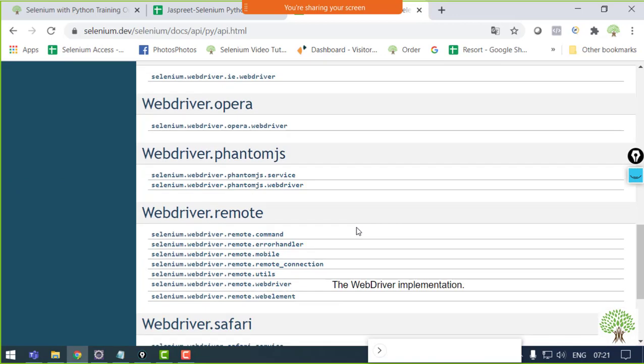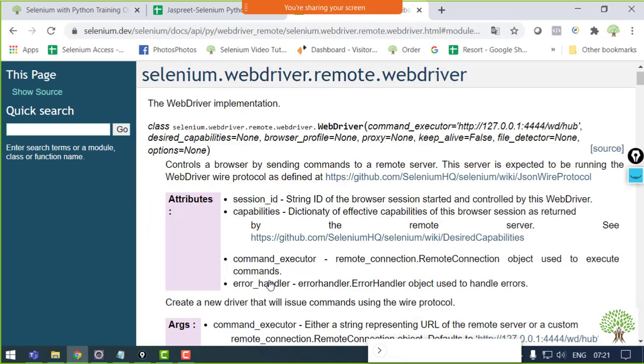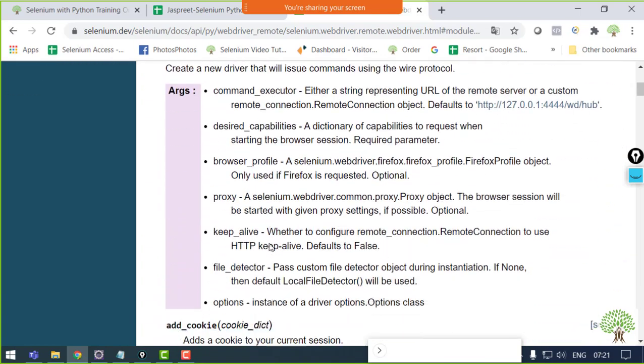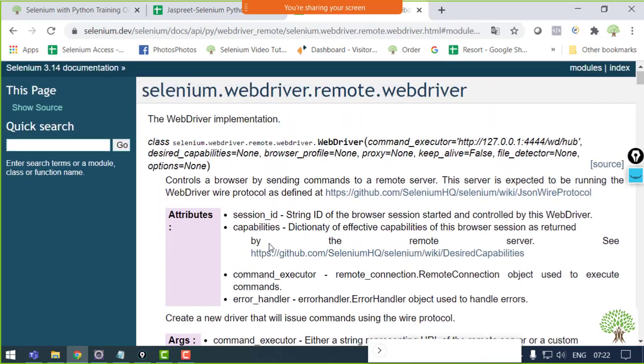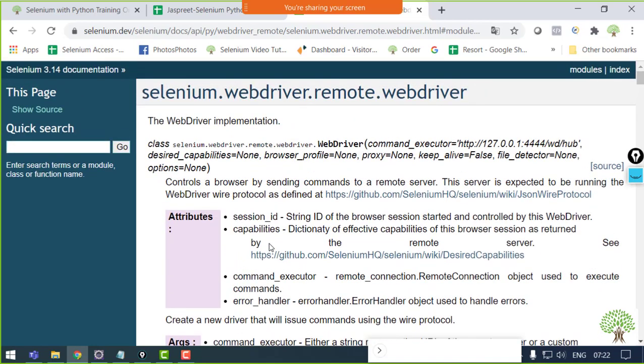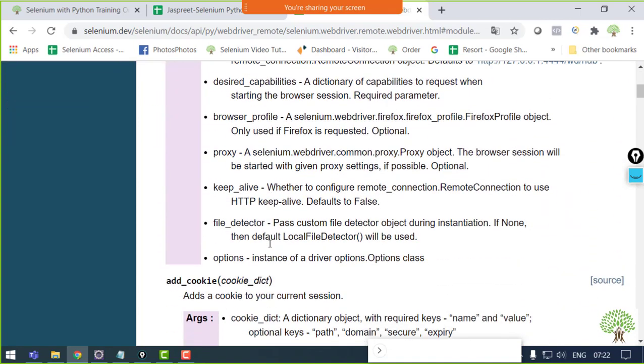Fine, but right now the class we are going to use is the WebDriver class. Now this WebDriver class is a class in which there are a number of generic functions which you can fire on any browser. I mean any browser. It could be Chrome, Firefox, Edge, Internet Explorer, all of them. Fine.